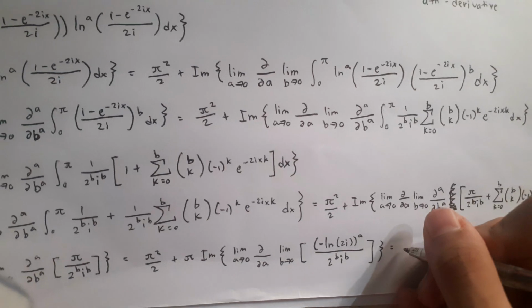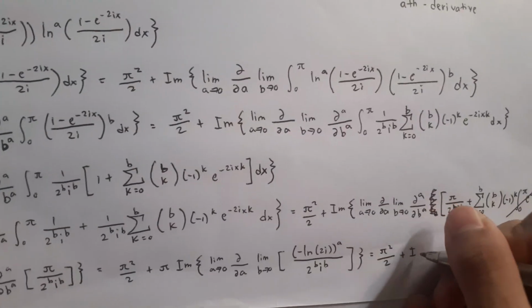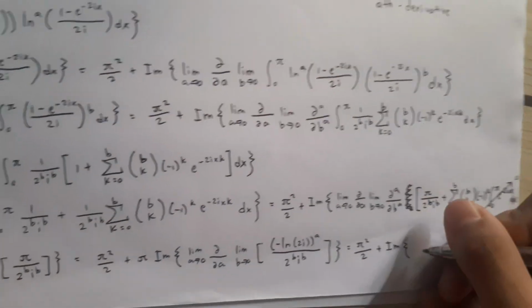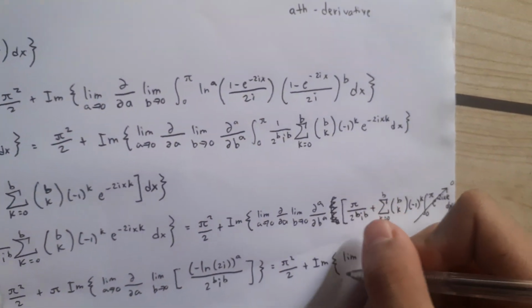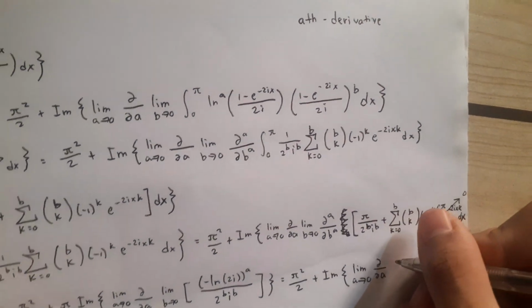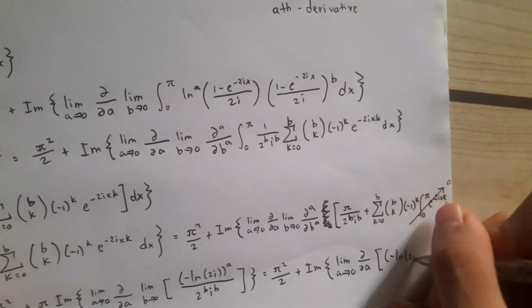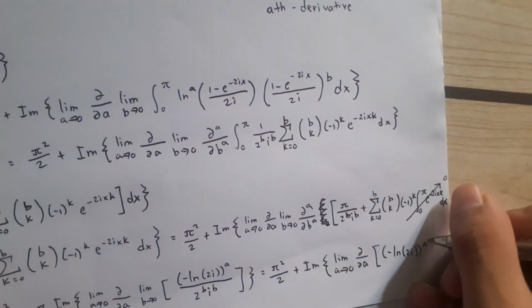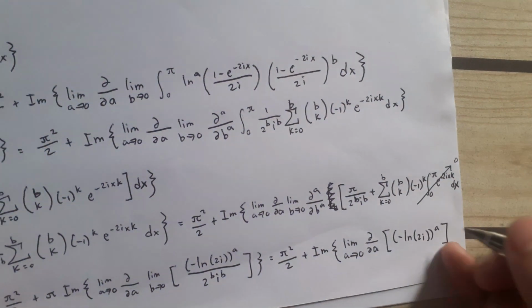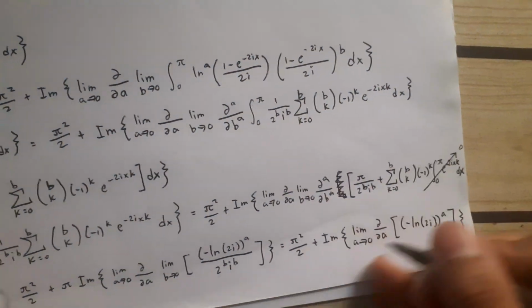So we are now left with pi squared over 2 plus the imaginary part of the limit as a approaches 0, the partial derivative with respect to a of negative ln of 2i raised to a, and taking the derivative of this expression with respect to a, this is equal to